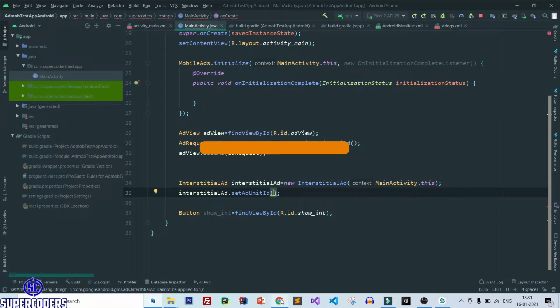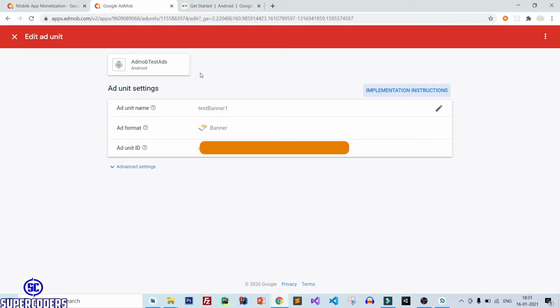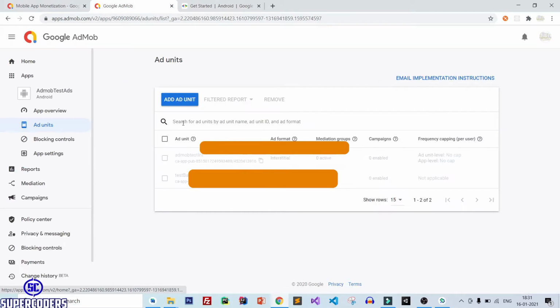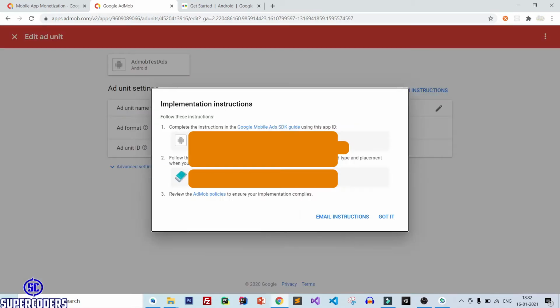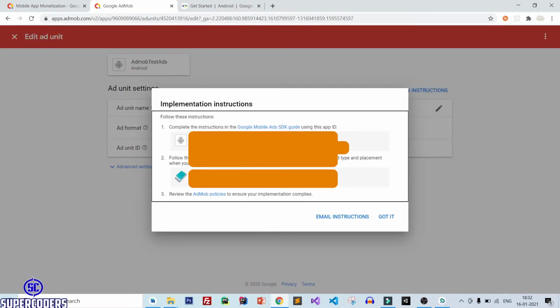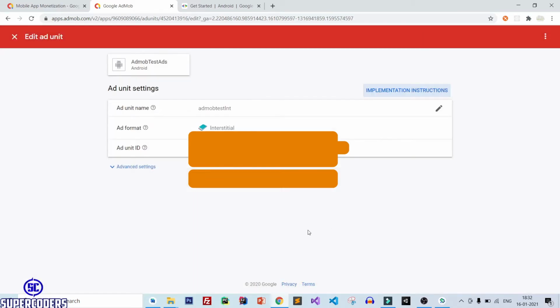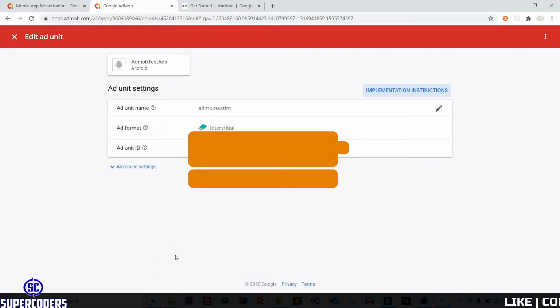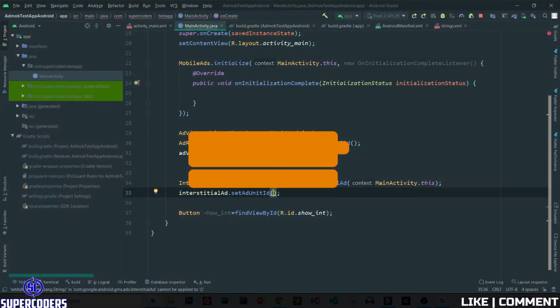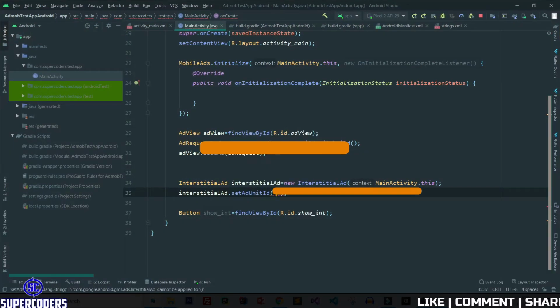So again back to Chrome and back to AdMob and close it. And here is interstitial, and you can see the ID of interstitial. So copy this ID, or you can click on it and copy this from here. So both are the same. Back to the Android project, and again simply paste your ad unit.